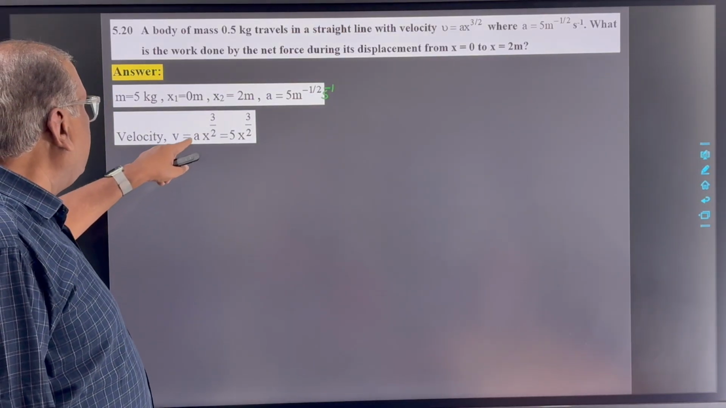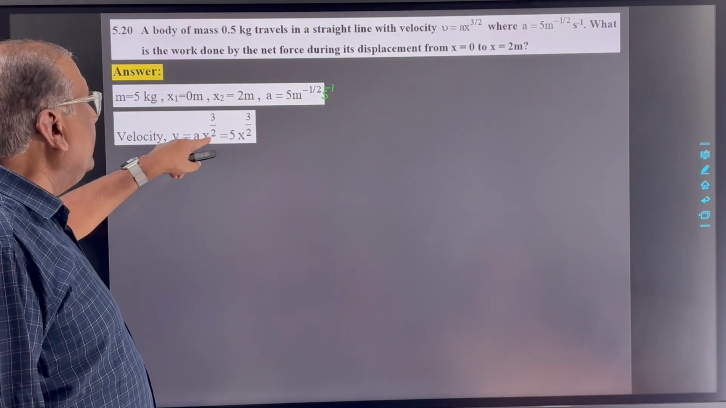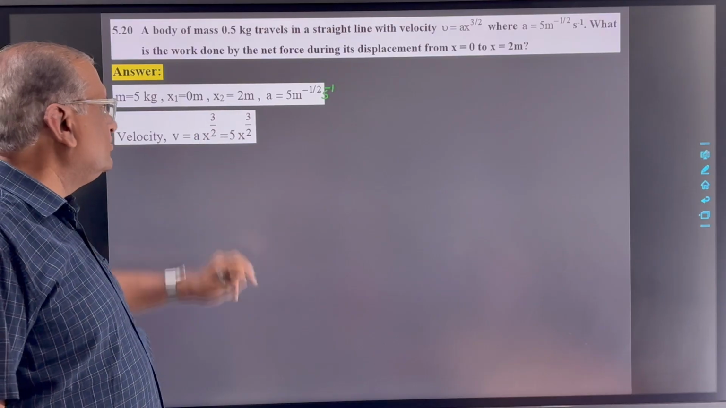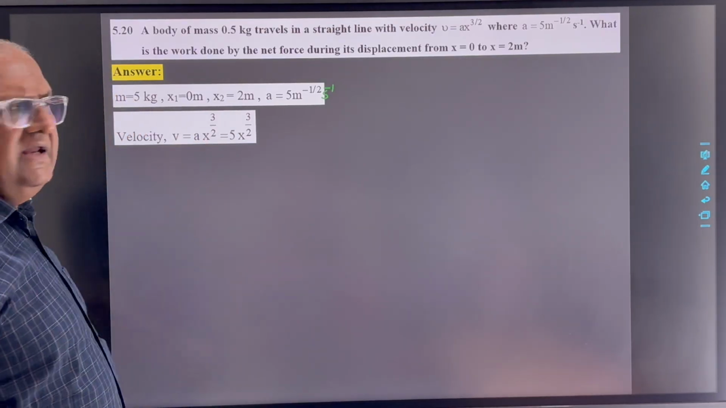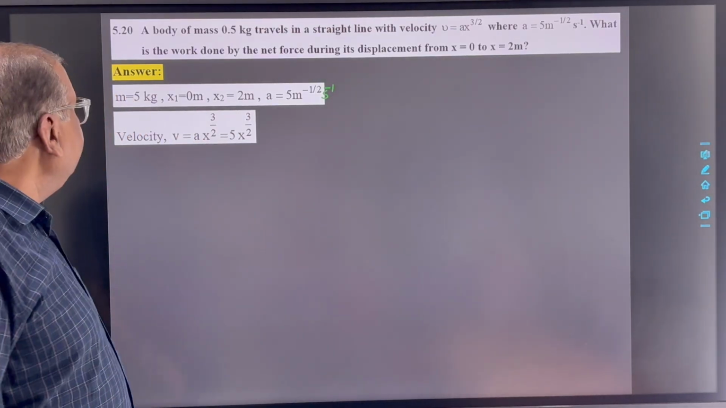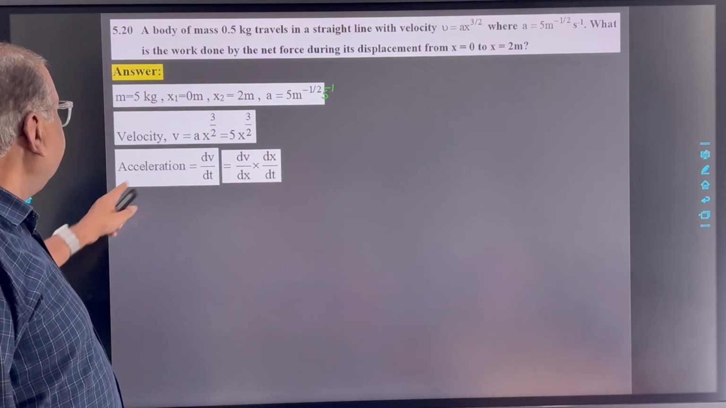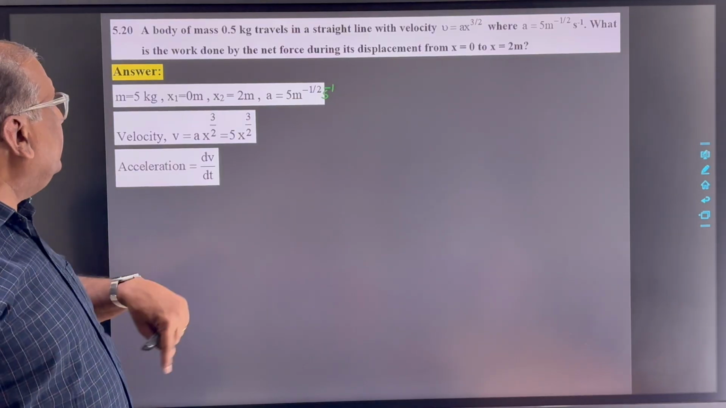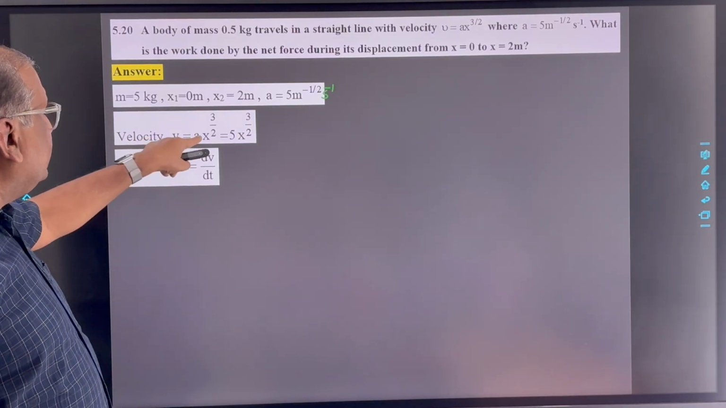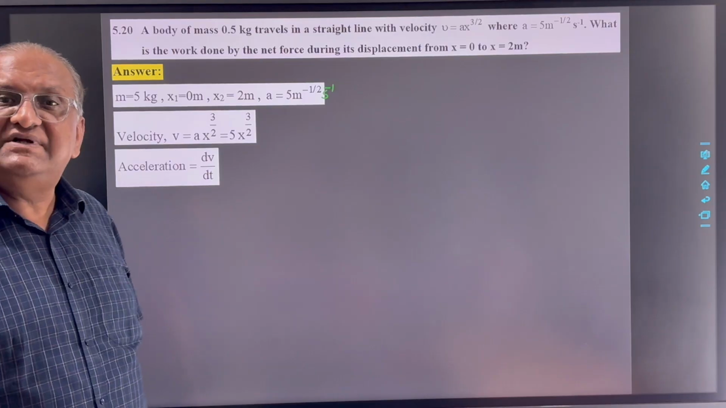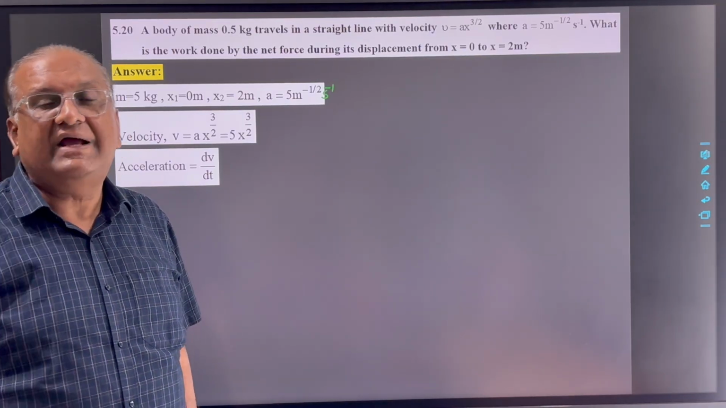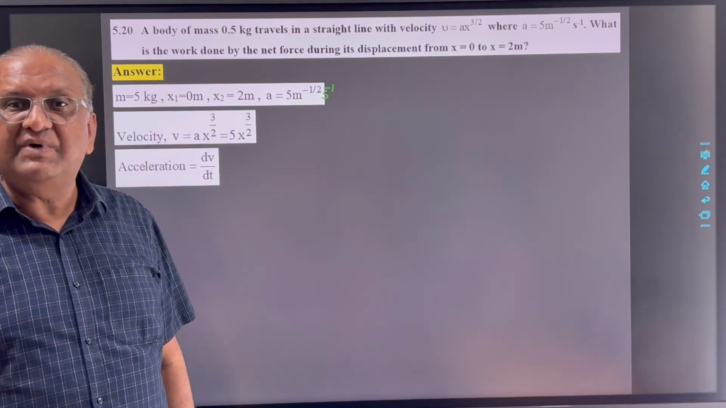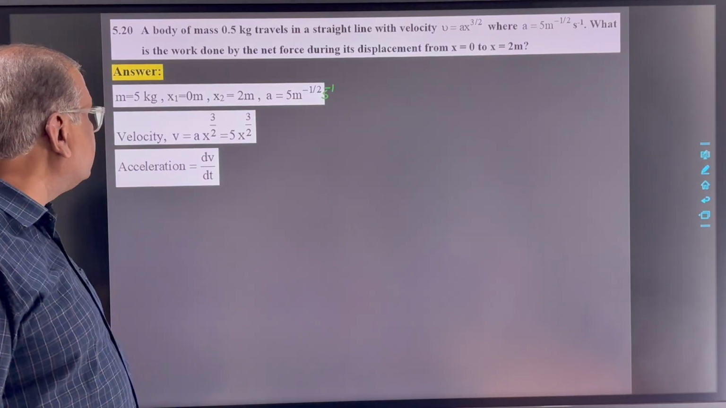Now, velocity v, that is equal to a x raised to 3 by 2. So a, that is 5. So you can write 5x raised to 3 by 2 or keep a as it is. Okay? Now, acceleration a, that is equal to dv by dt. But see here, velocity is given to you as a function of displacement, not as a function of time. So we cannot directly differentiate it with respect to time. So we have to make an adjustment as shown in this